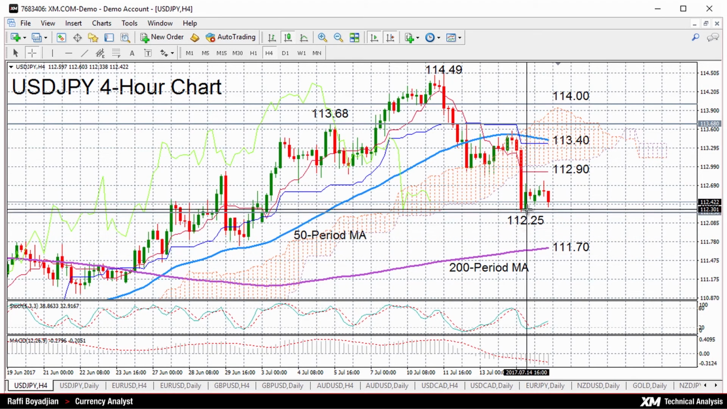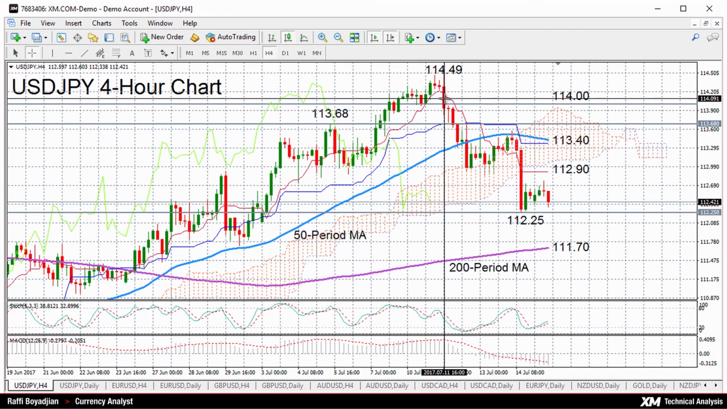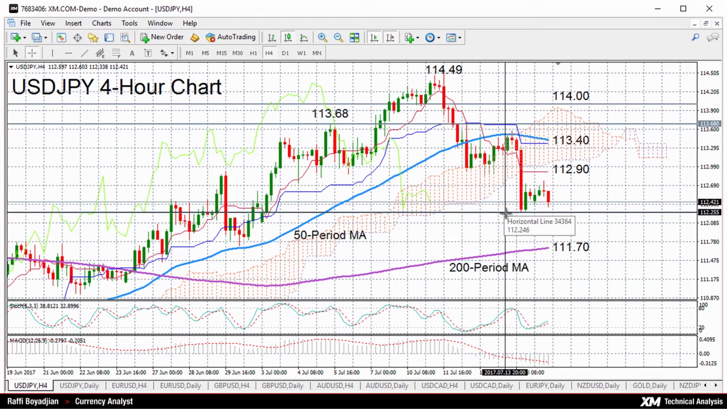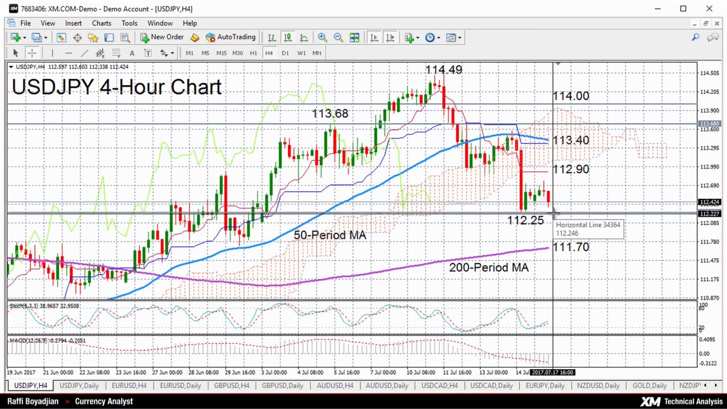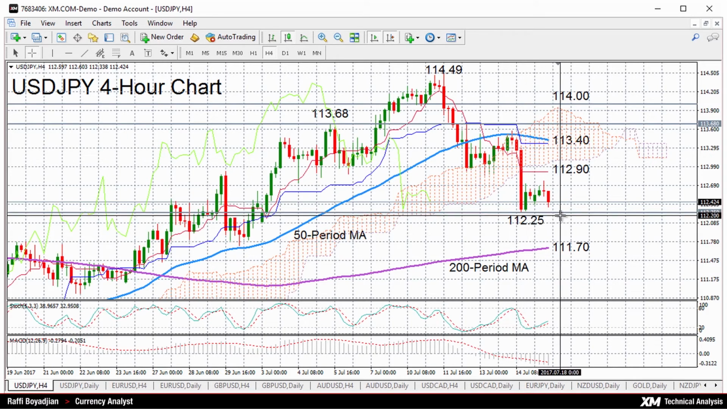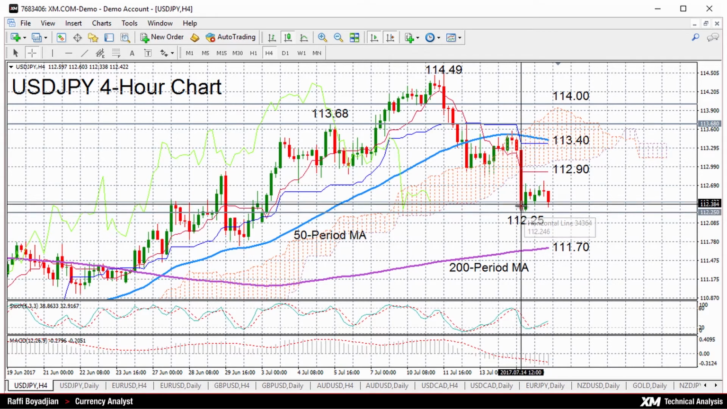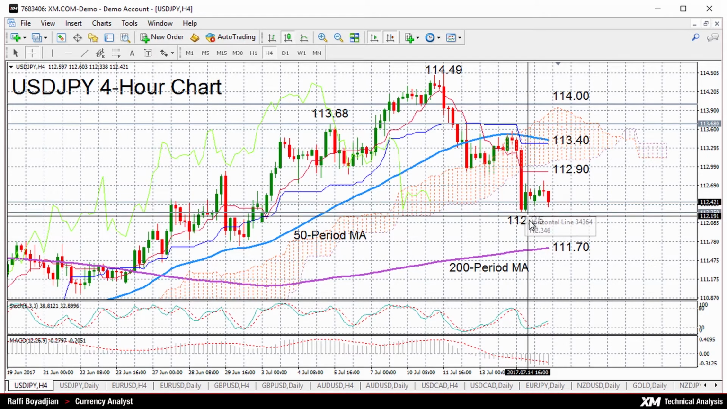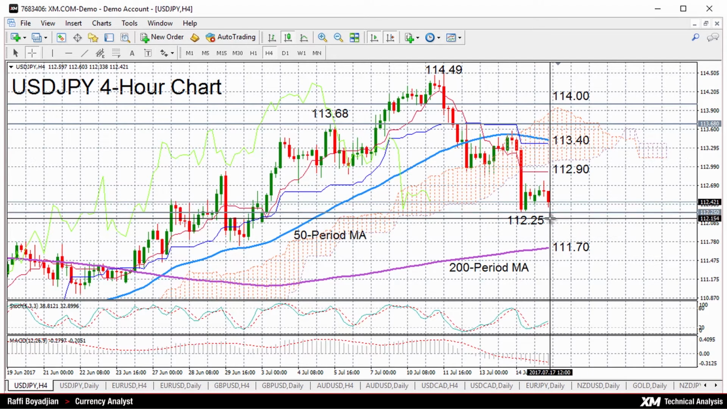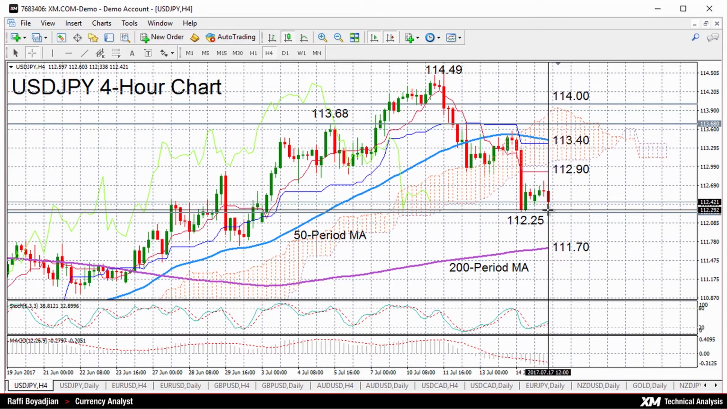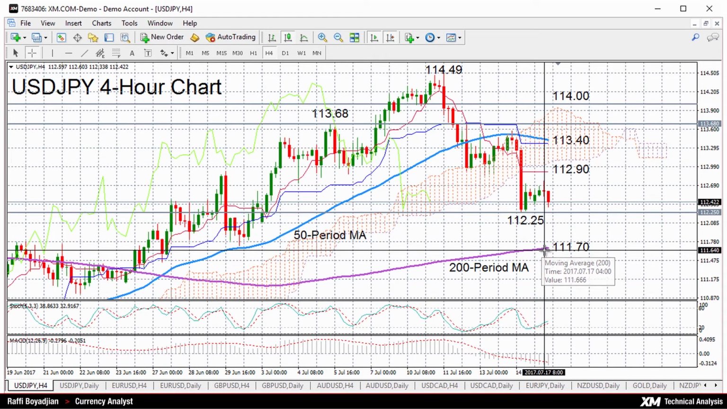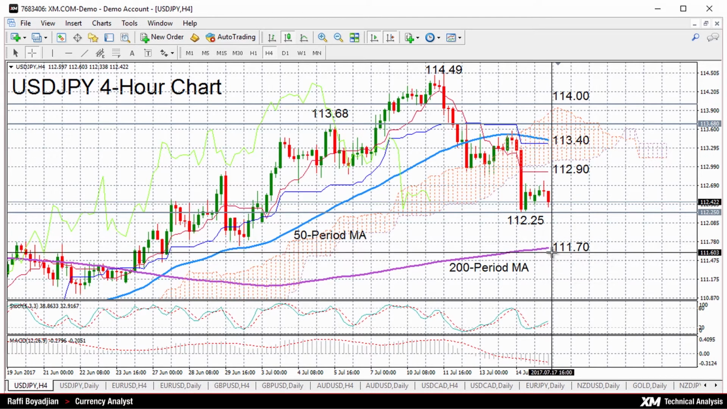We can see here in the 4-hour chart, dollar yen fell to a 2-week low, 112.25 earlier today. That seems to have provided immediate support to the pair. We can see it tested that again soon after touching that low. It's currently trading at 112.42. Further down, we've got the 200 moving average at